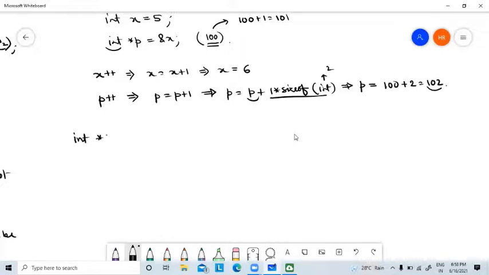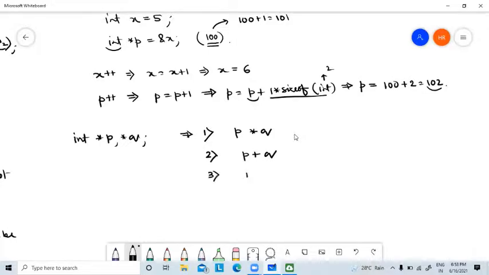Suppose we have two pointer variables, *P and *Q. And now I am writing some arithmetic operations. Now you have to tell me which are valid and which are not.